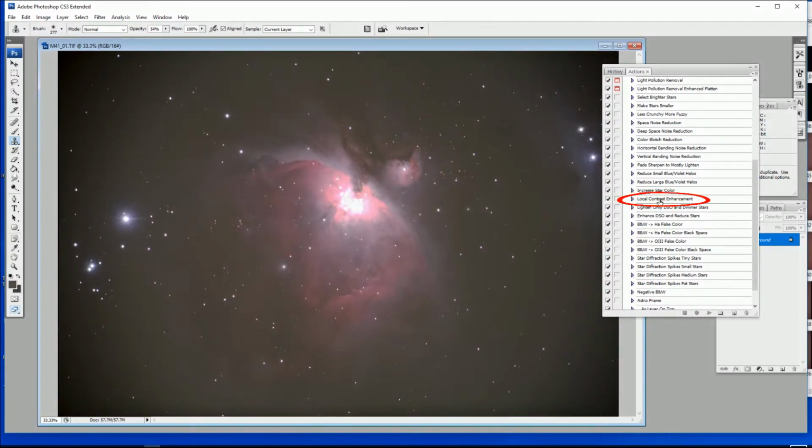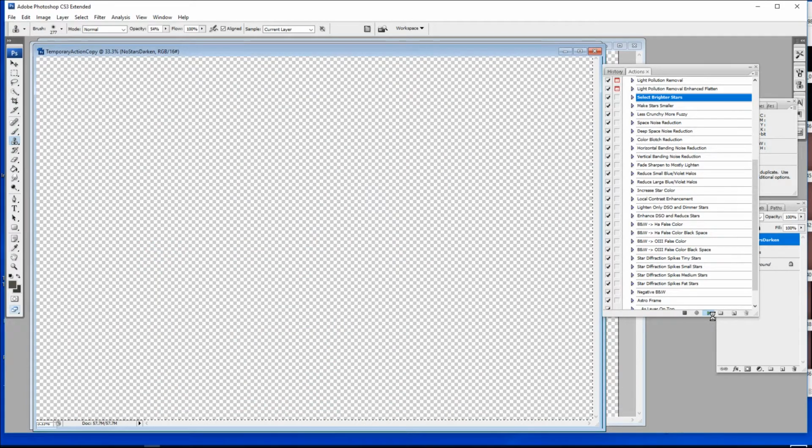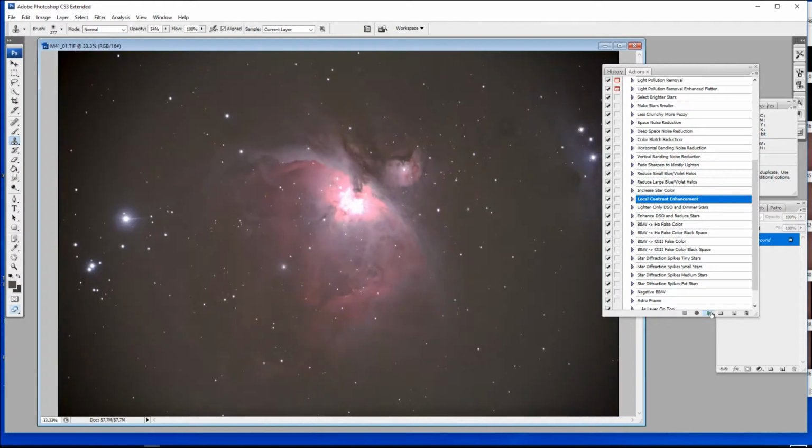So if we have a look at the image as it stands now, choose local contrast enhancement, and go down to the selection. You can do a whole lot in sequence and then hit that, but you've got to really know what you're doing. So the screen will go blank for a bit, but see how it improves things. Off it goes. It's doing magical stuff, and here we go, it's come back again, and the dark bits in these dust lanes